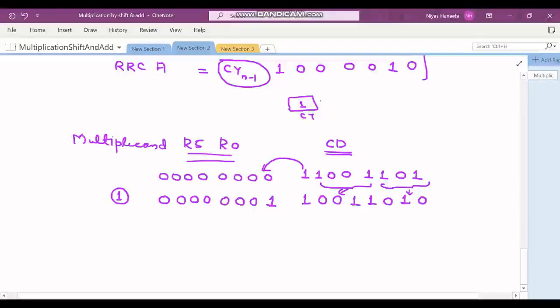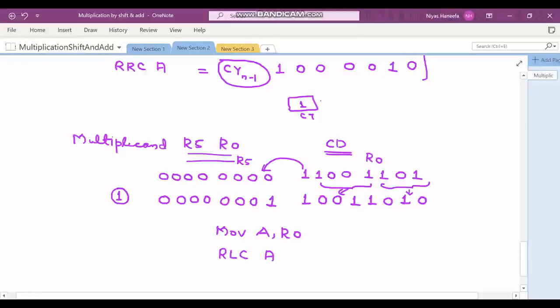So what we'll do, this is in R0, that we already know initially. This is in R5. So initially both are zeros. We will load A with R0 because rotation always involves A. Now we have to rotate this. The rightmost bit has to be padded with a 0. If I use RL A, the rightmost bit will be populated with the leftmost bit from A. So the instruction which I have to use is RLC A.